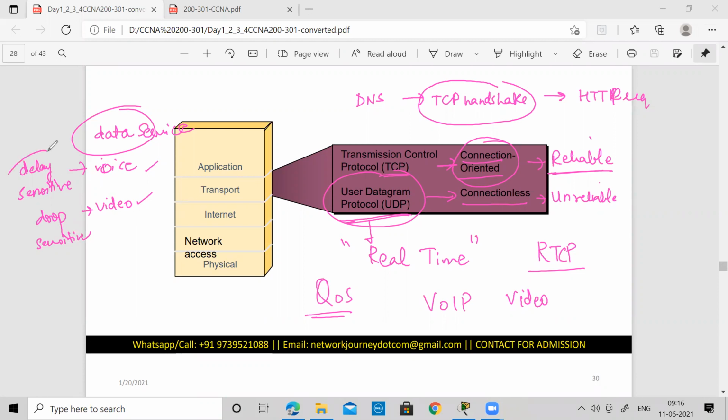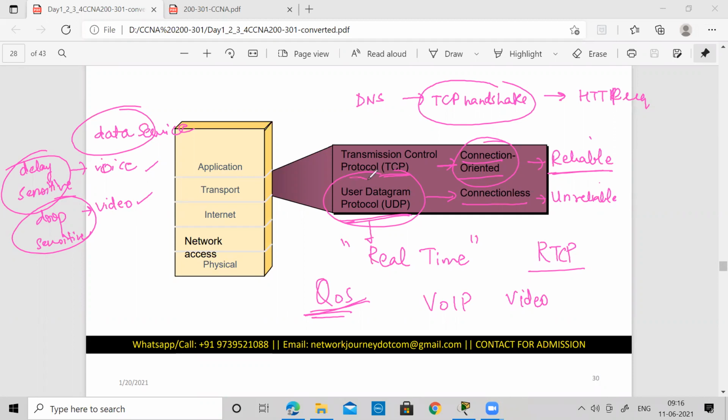So we need to see, according to the quality of service, what kind of delay and latency, and what kind of drops, is bearable when you are trying to send some information. When you're trying to send some information, how can you maintain the quality of service for all these kinds of services? Okay, so just to distinguish between TCP/IP, connection oriented, and connectionless or unreliable, you can also understand that